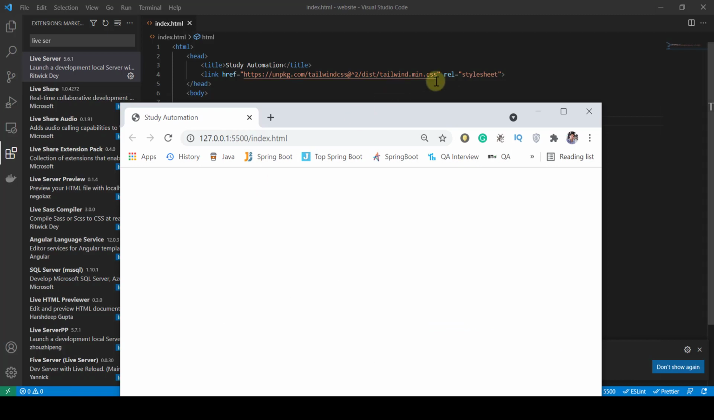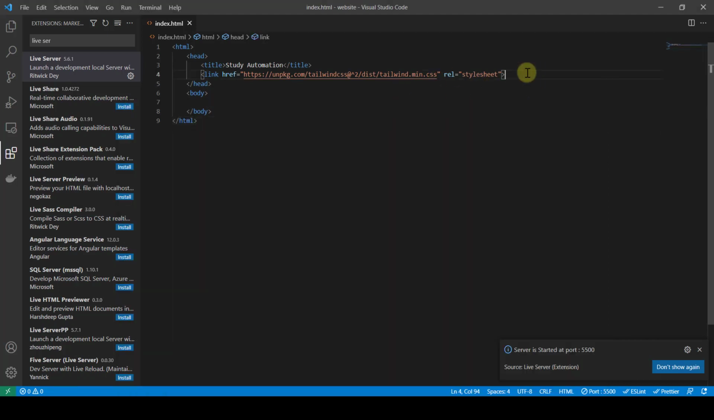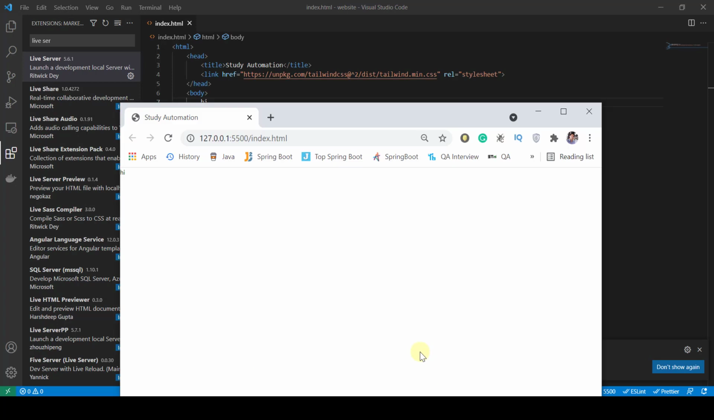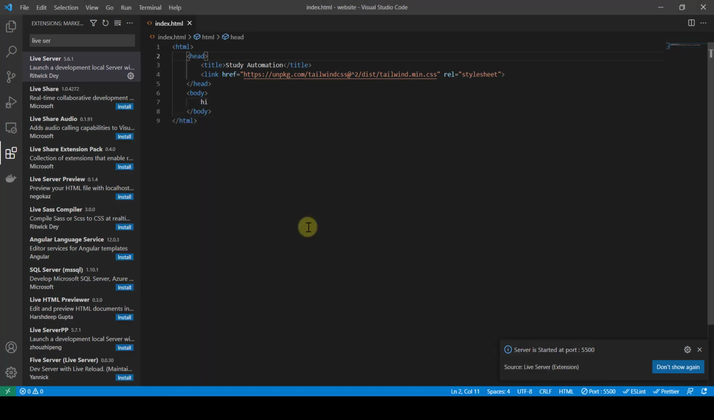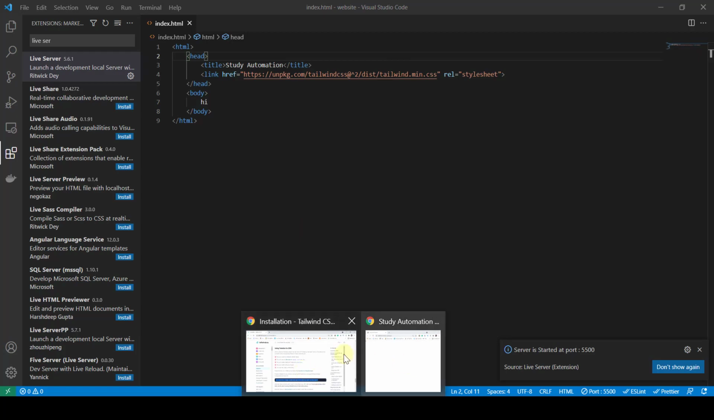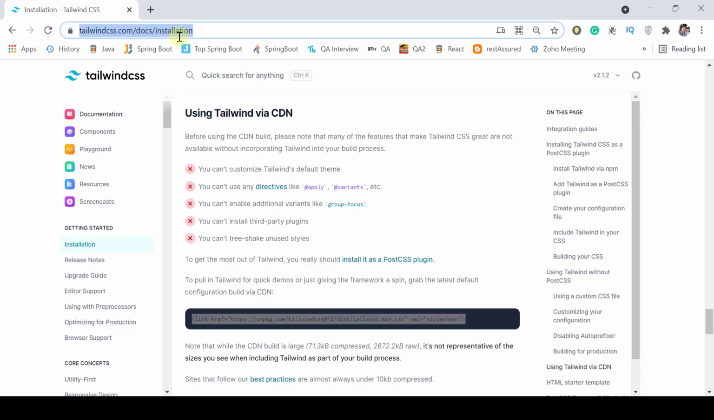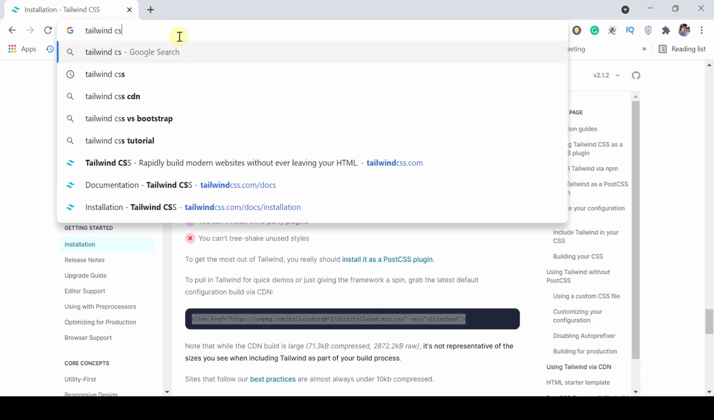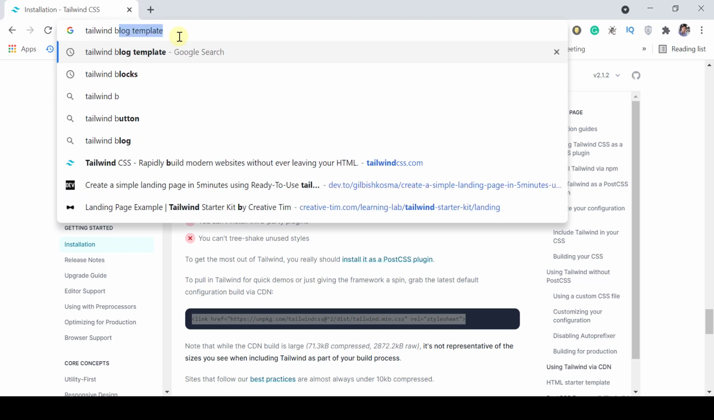What we will do, we can make it small, and whatever changes you make here, it will automatically reflect. This is one option. So let's say if I write hi, just save it, and once I go here, you can see hi is printed here. Now the next thing we will do is we will write here Tailwind Blocks,